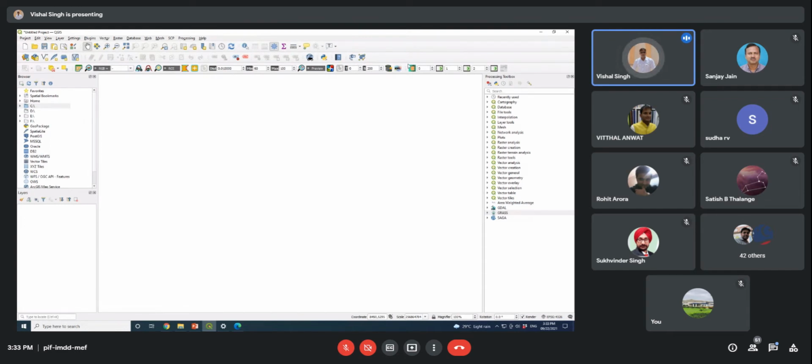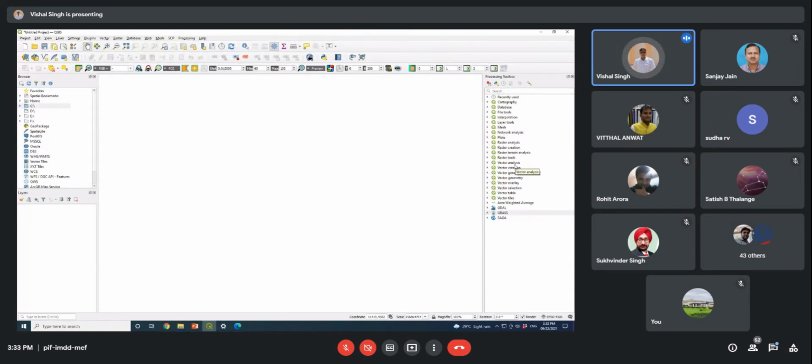You know that QGIS actually uses the Python environment in the backend. So sometimes some functions are not enabled when you install QGIS.